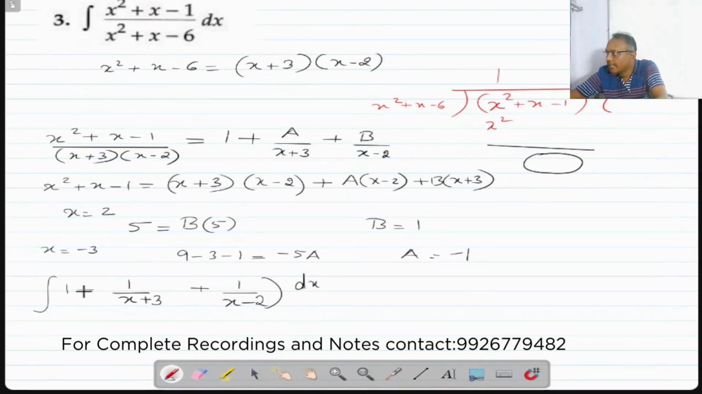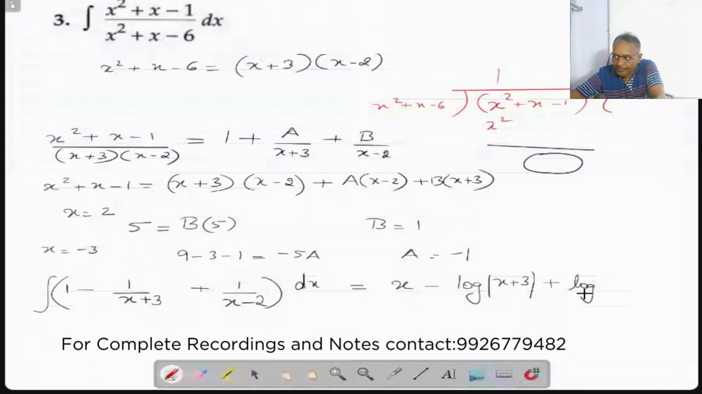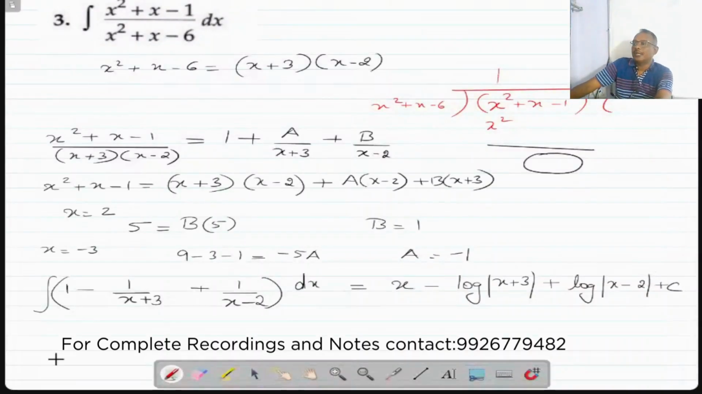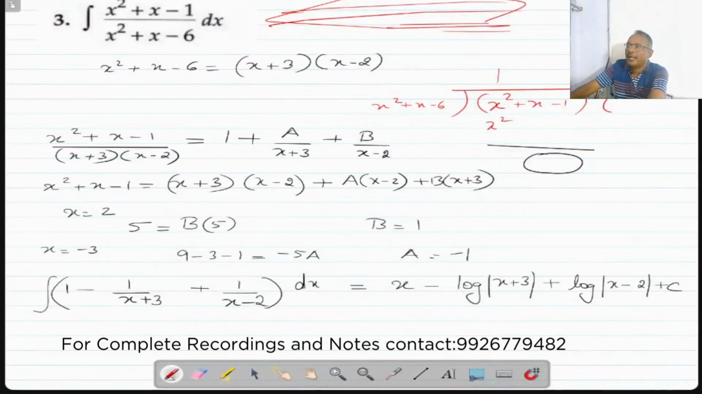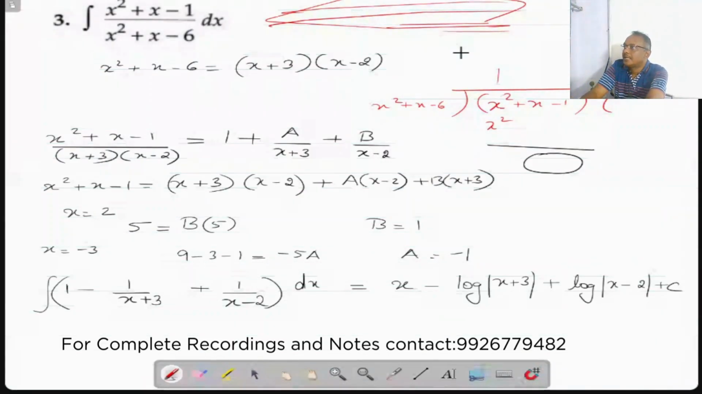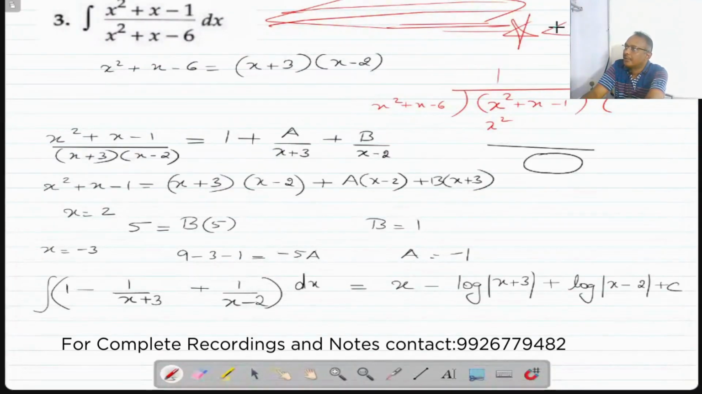इसको इंटीग्रेट कैसे करेंगे? 1 का इंटीग्रल x, इसका log of x plus 3 और इसका log of x minus 2, and this is how you have to do your working. ये बिल्कुल हाईलाइटेड होना चाहिए ऐसे वाला क्वेश्चन. और हाईलाइट करना है, एक स्टार लगा दें, एक पल्सर का चेहरा, उसका एंटीना।